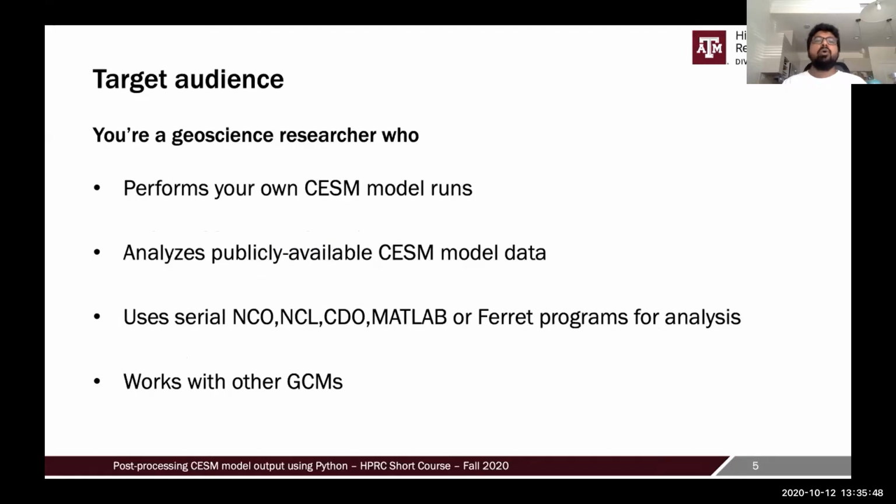The target audience, like I mentioned, is a geosciences researcher who either runs your own CESM model, good for you, or you don't run your model, but there's plenty of publicly available CESM model datasets on the internet. Or you might be using your group's in-house database. So either way,